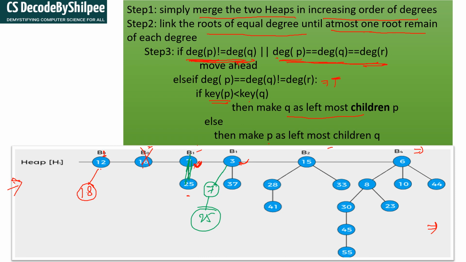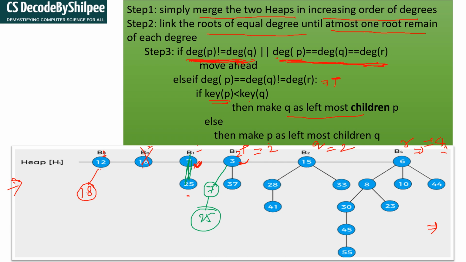So now this becomes P, this is P and this is Q and this is R. Now check the P value. This value is changed now, the updated one. P is 2, Q value is also 2 and R value is 4. Now look at the algorithm. Which condition is true? Is degree of P not equal to degree of Q? No, condition fails. Are all degrees equal? No, that's also not true. Are P and Q degrees the same and R degree different? Yes, this is different.